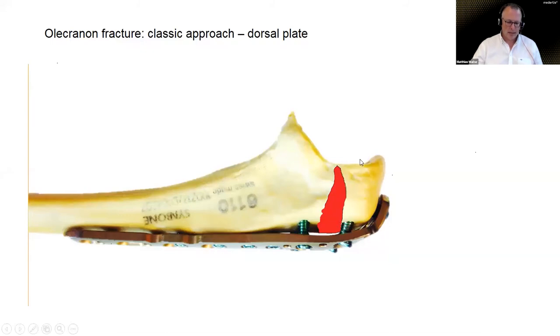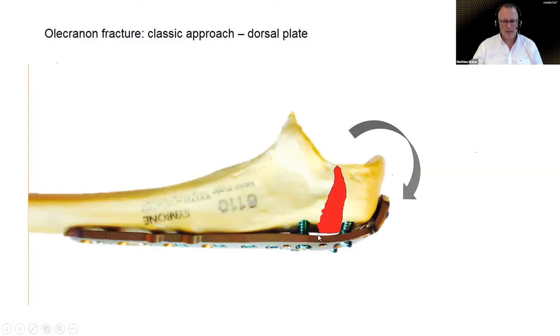In other words, this olecranon tip has the tendency, mainly driven by the massive force of your triceps tendon that attaches right there and is pulling up, to always rotate towards the shaft. So this gap always wants to close, take it or leave it, or the whole thing wants to dislocate. This portion wants to be ripped out of its original position. And now the plate, in order to prevent this from